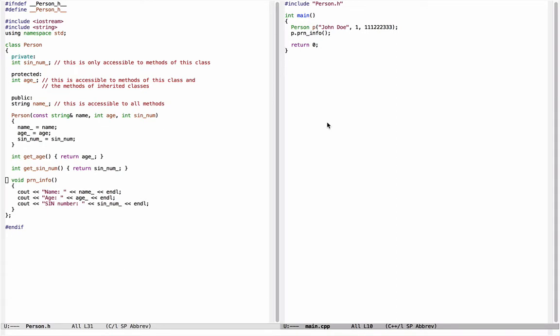Now I want to construct a student class that will inherit from this person class. So let's do that. Let's create a student.h file. I always put my class within the ifndef block to avoid multiple inclusions during compile time. So I'll just simply do this,